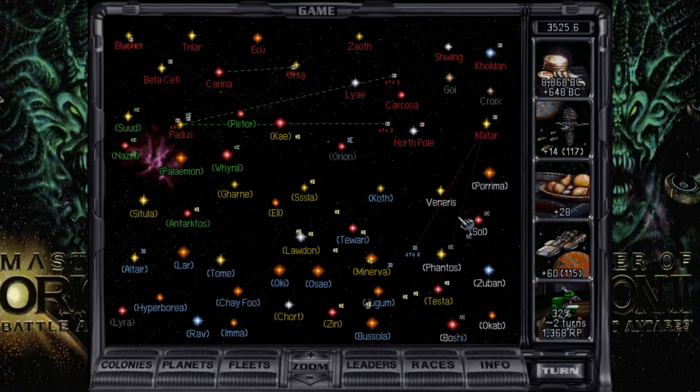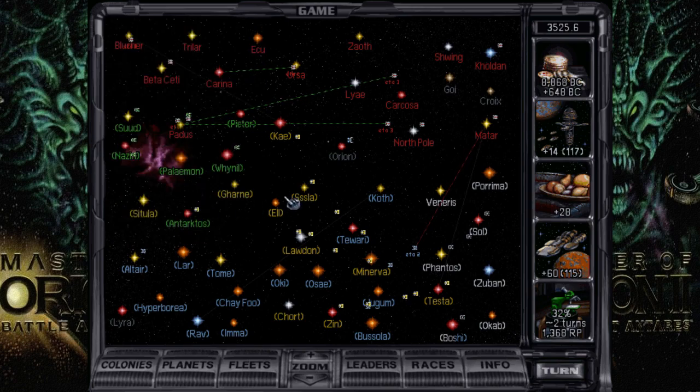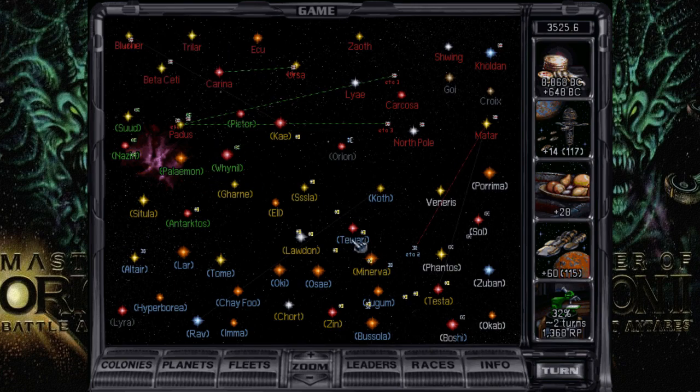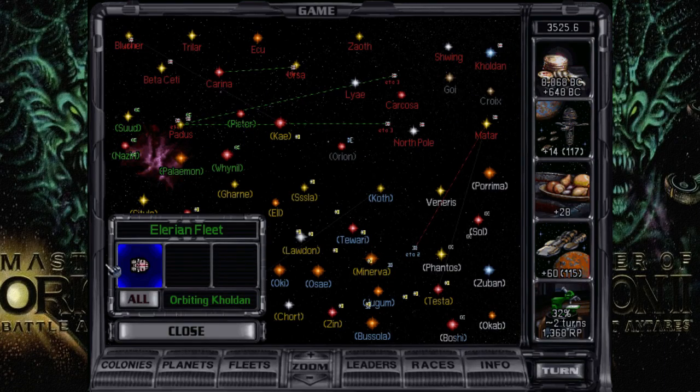Alright, so let's see. Alkari clearly have not... Oh, I was starting to say Alkari clearly have not learned their lesson, but they have. They're sending a serious fleet this time. So, I don't really want to do the negotiations because they will attack me unless I do anything up to a non-aggression pact. That would get them to cancel the attack, but that's not going to happen. So, I think I'm just going to have to defend